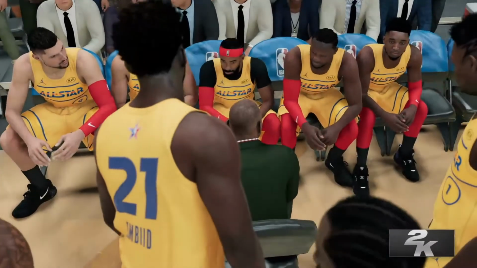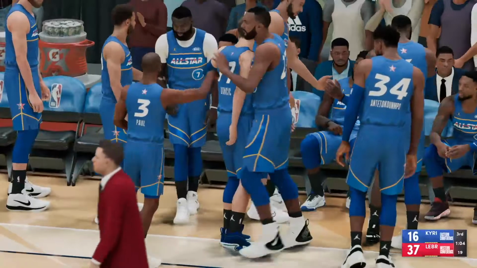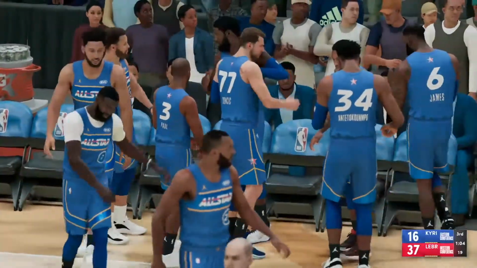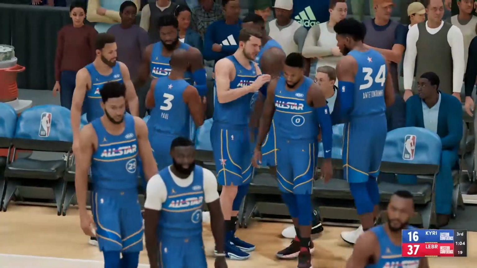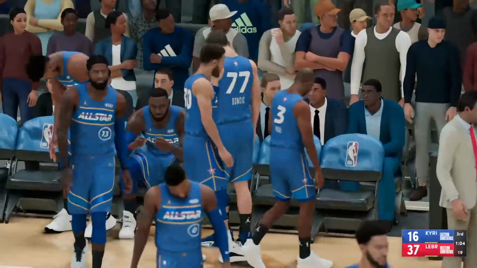And some changes here for the West All-Stars. Gobert, he's checked in for Antetokounmpo. Jaylen Brown comes in for James. And George is subbed in for Luka Doncic. And then for the East All-Stars, Randall's checked in for Tatum. Bean comes in for Leonard. And it's Mike Conley in for Kyrie Irving.